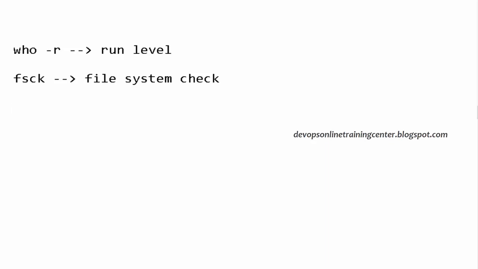Maybe, and we have to boot into a single user mode and then try to fix it. Okay, so it will ask when it is not able to boot. Is it asking to go to system maintenance mode? Press Control D to go to system maintenance mode, like that it will ask. So if you press Control D, you'll go to the single user mode where there is no network, and in that case we can edit some of the files, modify the configuration and correct some of the problems, right?